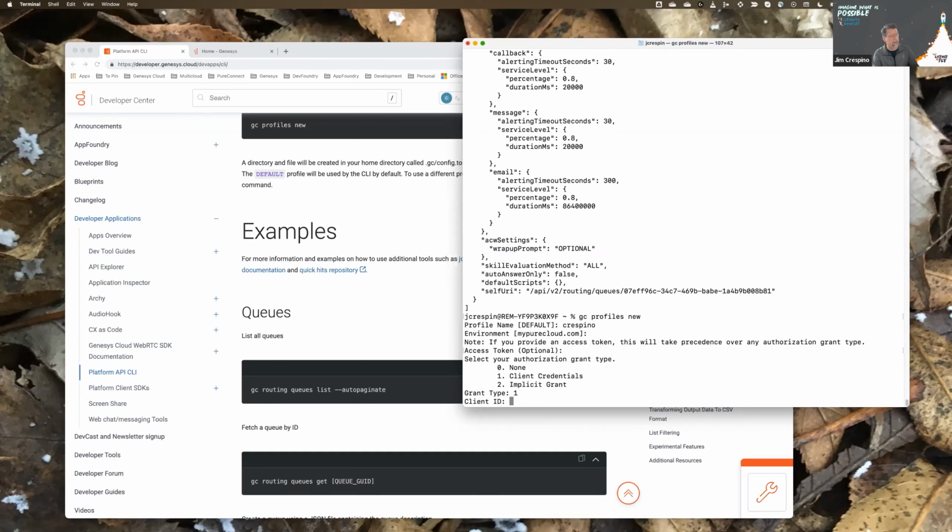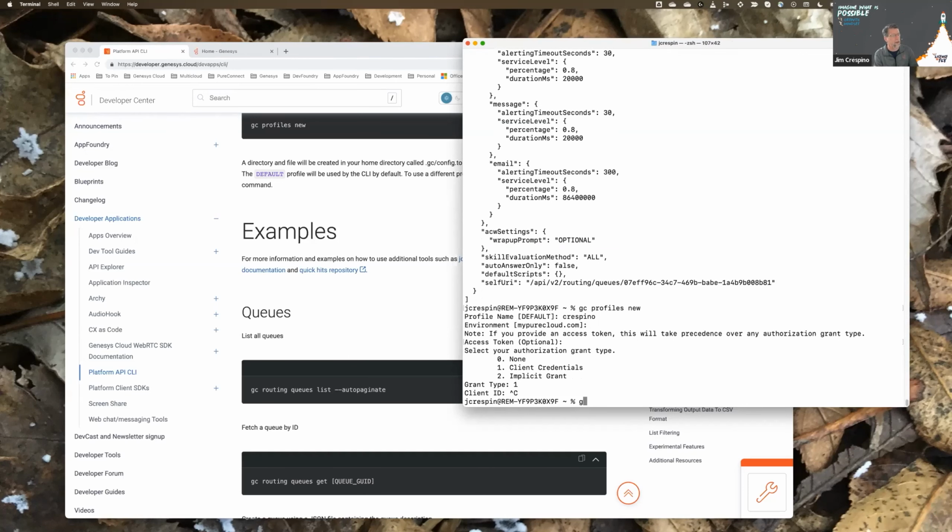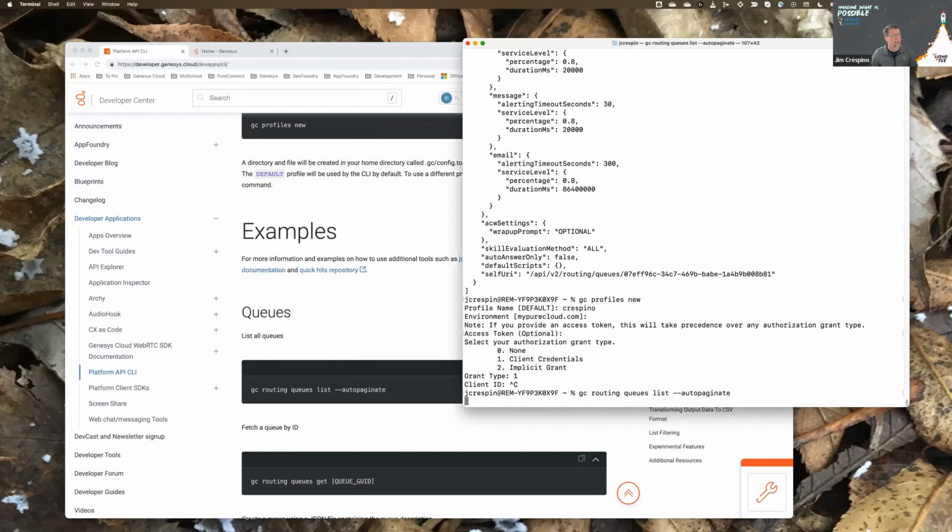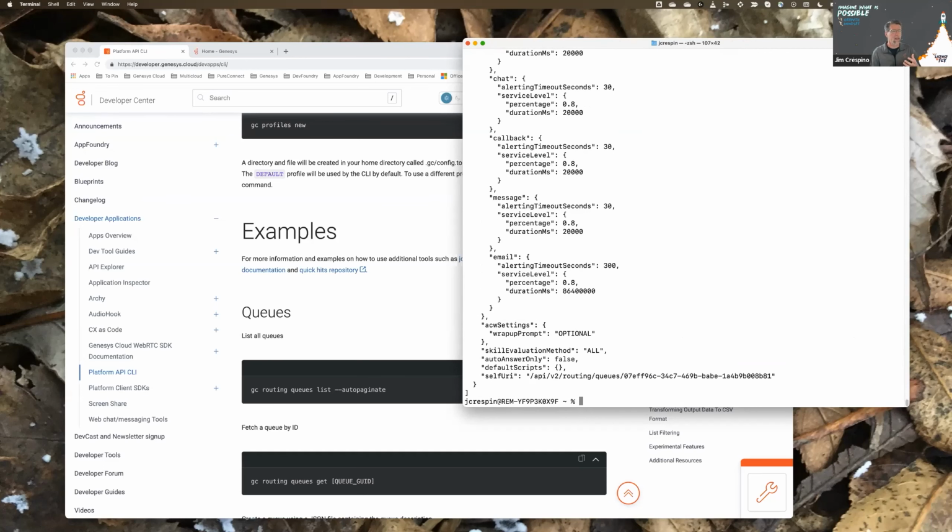I've already set all this up, so mine's already pre-configured, and that's why I can run that command line and get my list of queues. Now, as Mike was asking, okay, great, I can run this and I can get some output here, and what do I do with it now, right? I want to string a couple of them together.